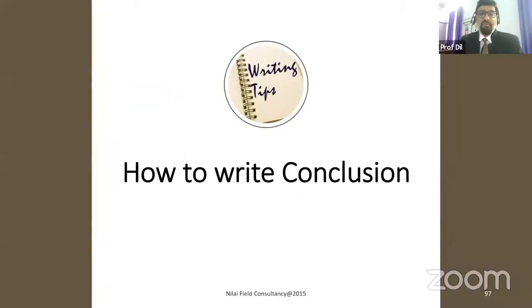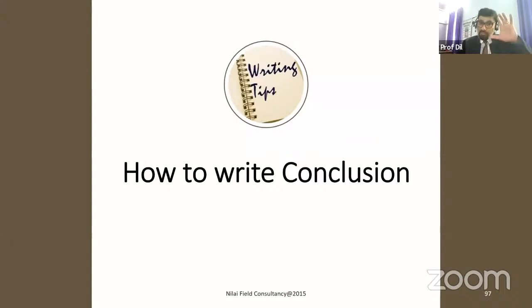And the last portion of the research paper is how to write a beautiful conclusion. So always remember the difference between abstract, introduction, and conclusion. These are the three areas you should be very, very careful about. When you write a conclusion, it is almost like you have completed the research. You started with research questions and objectives, and you got the analysis and the findings, and finally, what are the implications?